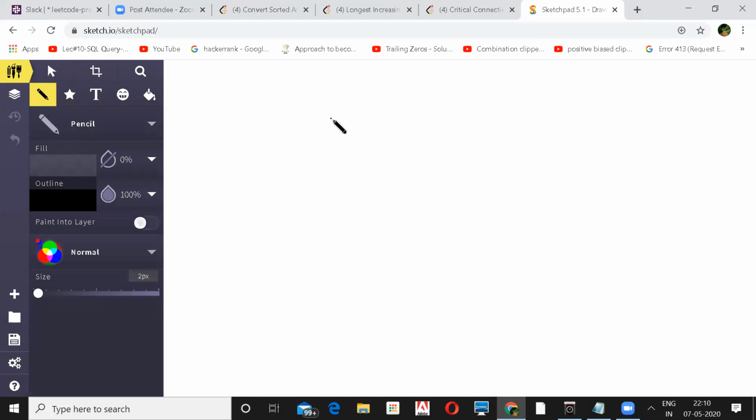What he was saying, like start and end time. So let's say I'm taking a graph like this. First I'm taking an arbitrary graph.